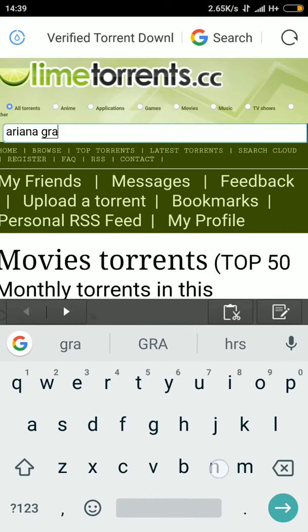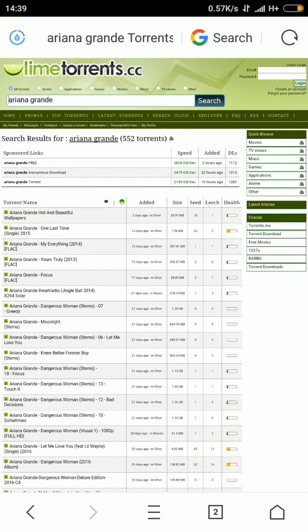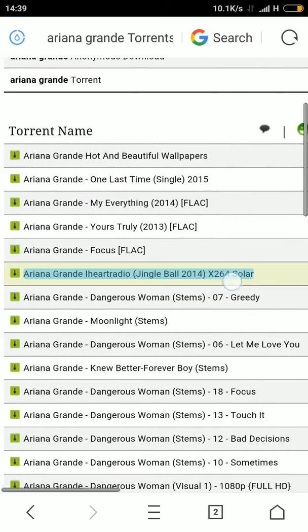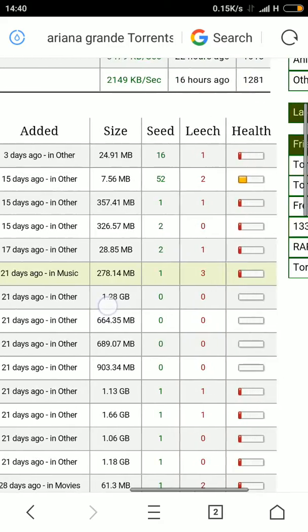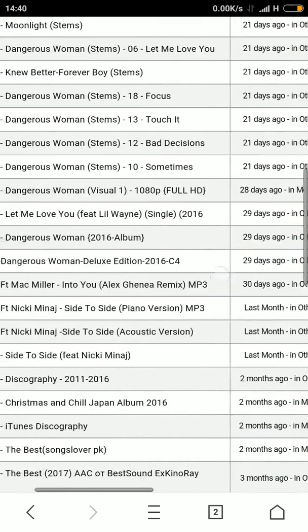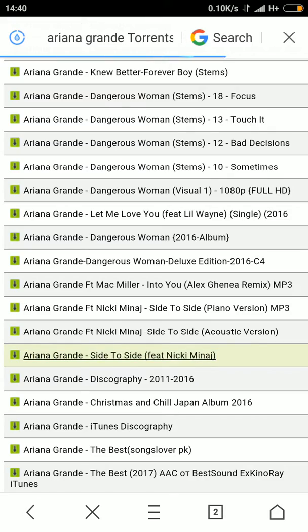Ariana Grande. Okay, here so we have the list for Ariana Grande, the music, and also wallpaper. Okay, so let's say this one Ariana Grande set to side a music, an MP3. So how to download? So click this one,